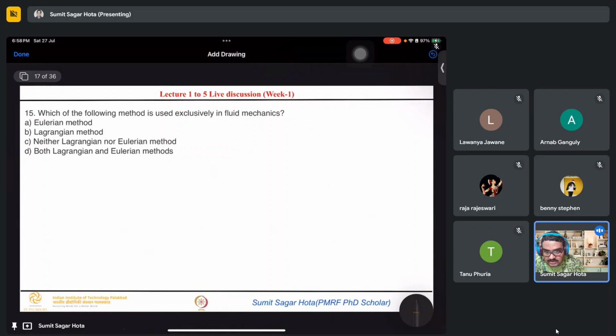Now, which of the following methods is used exclusively in fluid mechanics? Okay. If somebody knows about fluid mechanics, he obviously knows both. He can directly go and click the D option, which is both Lagrangian and Eulerian methods, which is absolutely a wrong answer. Okay,